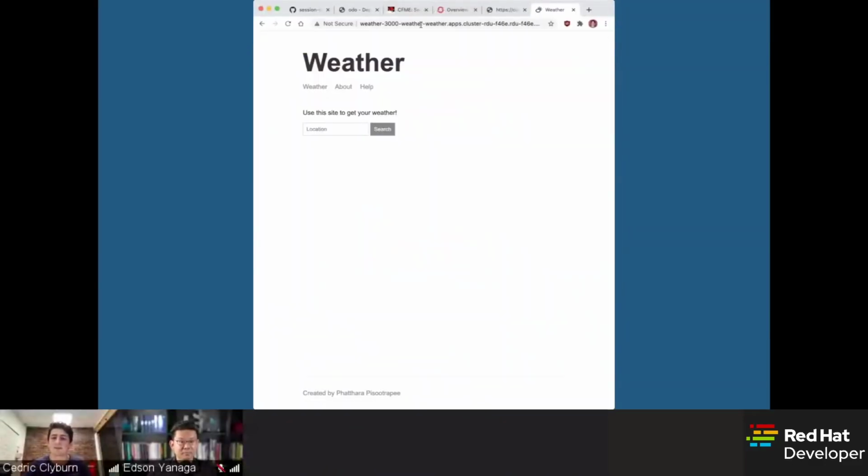So I'm going to share my Chrome real quick, and we'll actually be able to see it. So you should be able to see my Chrome, and let's paste in that URL that it gave us. There we go. We can see it running right now on the cluster. So of course the URL is a little bit wonky. We can fix that later. But we have this application running live, and we can use it to pull data and actually get the weather